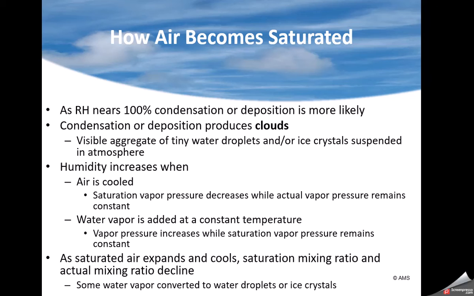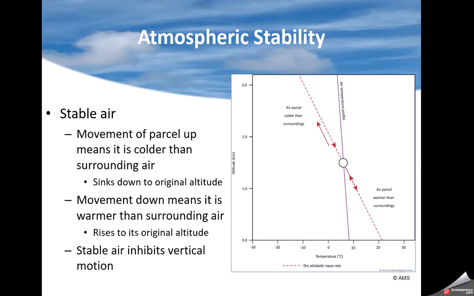So how the heck do we get the moisture to condense? Well, one way is by cooling the air. So you have to have ways of getting the air to rise so it will cool. And when it cools, the saturation vapor pressure drops. The vapor pressure remains the same. You wind up getting fog or clouds. It can happen at the ground at night. If you have cooling, look in the valleys, the air gets colder and colder in the low valley. All of a sudden you wind up with fog in the bottom of the valley.